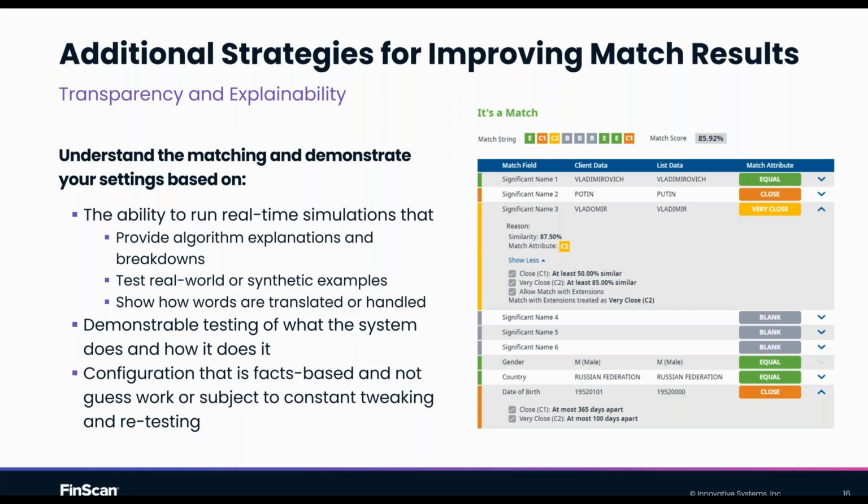That's absolutely true, yes. So the ability to actually say, I can run real-time simulations, either using real-world data or synthetic examples, or a mixture of both, provide a breakdown of how each field was used, how each part of that record was calculated into an overall score, how that would be presented if this was a real-world case, such as that example on the right. It doesn't get much better than that.